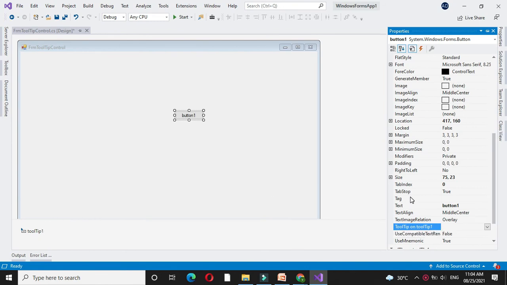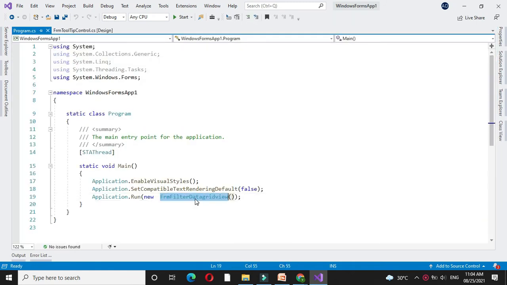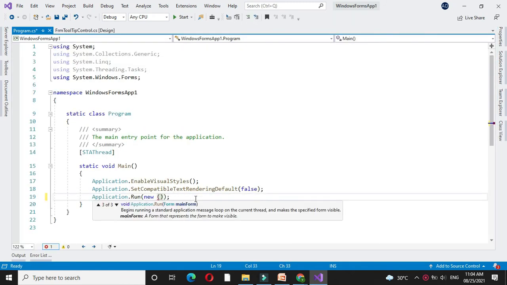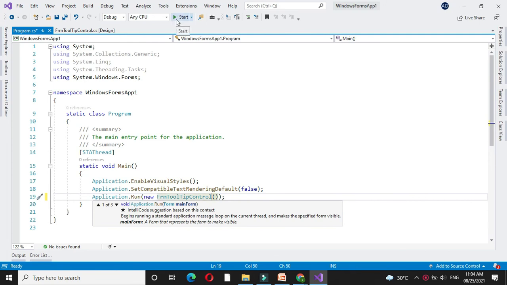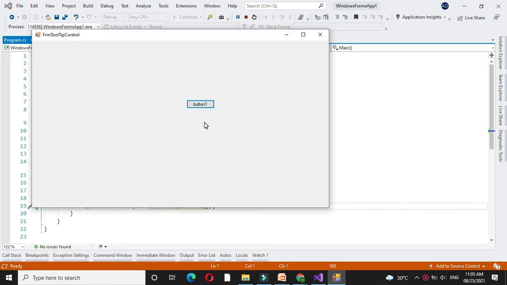Here I will write, click on me to execute, and we will execute this form using Program.cs. When we execute it and hover over the button, it will display the message, click on me to execute.